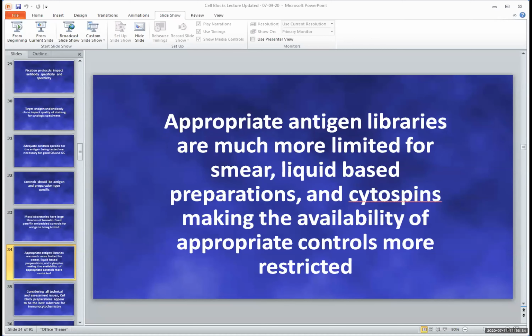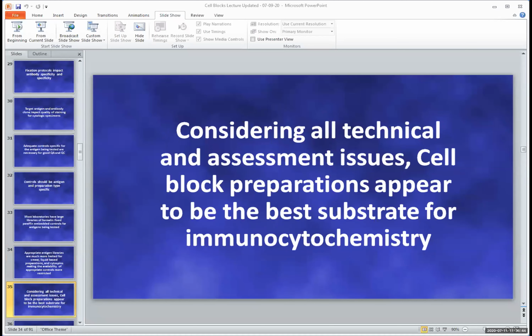Appropriate antigen libraries are much more limited for smear and liquid-based preparations and cytospins, making availability of appropriate controls much more restricted. Now, considering all the technical assessment issues, I believe that cell block preparations appear to be the best